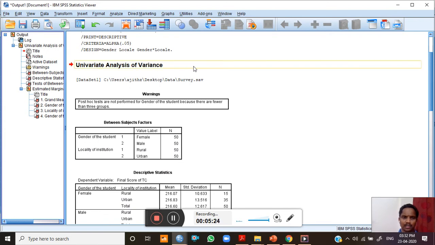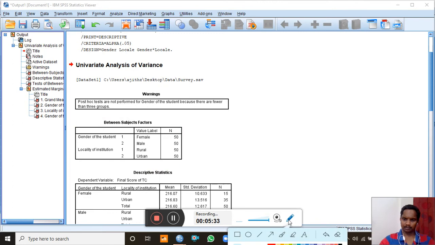Yeah, this is the output window where you can see the univariate analysis of variance, the 2 by 2 factorial analysis result. You can see this is the between-subjects factors. Gender is 50, everything is 50. Now let us go to the ANOVA table.